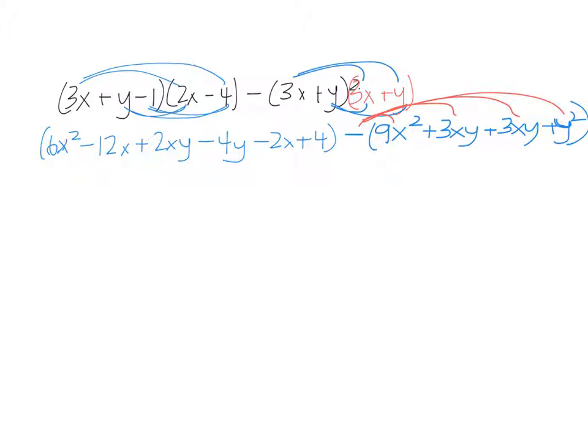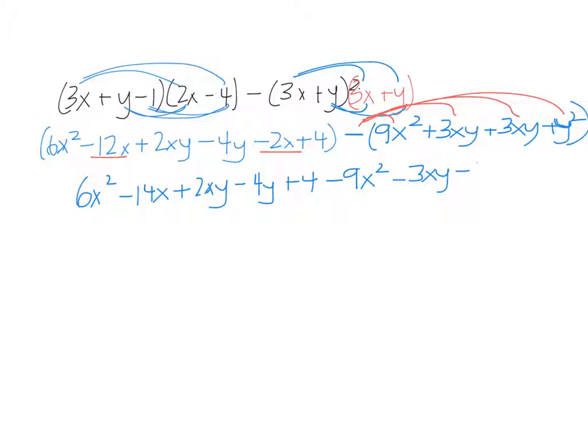And you could start to simplify here a little bit actually. Like I could start to put things like the negative 12x and the negative 2x together. That's the only thing I can simplify here, but that just makes it a little bit shorter. That's 6x squared minus 14x plus 2xy minus 4y plus 4. And then, just like Winston said, that subtraction sign goes to everything, so it's minus 9x squared minus 3xy minus 3xy